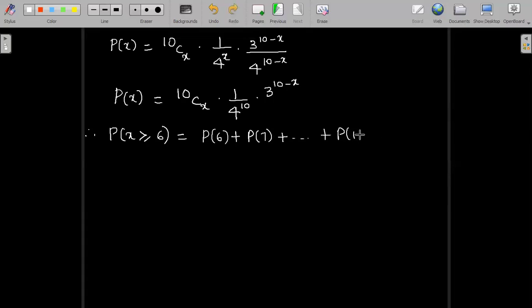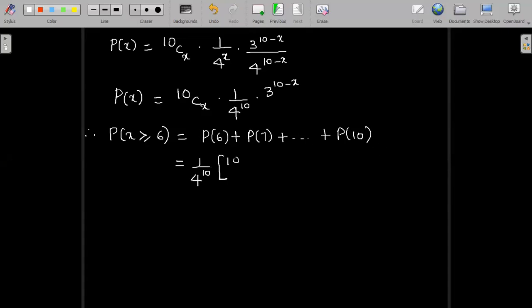So we will substitute the values by taking 1 by 4 power 10 common for convenience. This is a constant common for every term. Since it is a very small value, we will not write down the constant value. Instead, we will evaluate the entire expression, then divide by 4 power 10. That will be easy and convenient to get a specific answer correctly. So now x should be taken as 6, 7, 8, 9, 10.